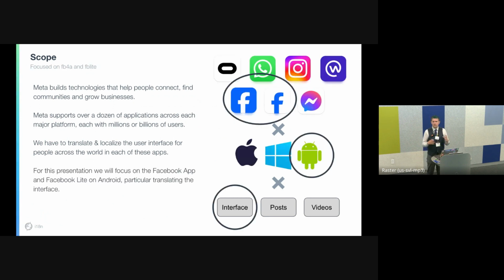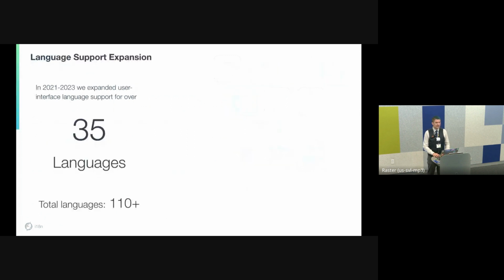For this talk, I'll focus just on the languages that we're supporting on Facebook, both the main Facebook app and also Facebook Lite, which, as mentioned previously, is our Facebook app for not only third world countries. The idea is that if you don't have a great internet connection, or a device that has enough memory, FB Lite can be a good way for people in emerging markets to also use the Facebook platform. I'll be focusing on those 2 Android apps, and on the interface strings. I think there's a lot of interesting things to learn about the languages people share and post in videos, but we'll be focusing on the interface.